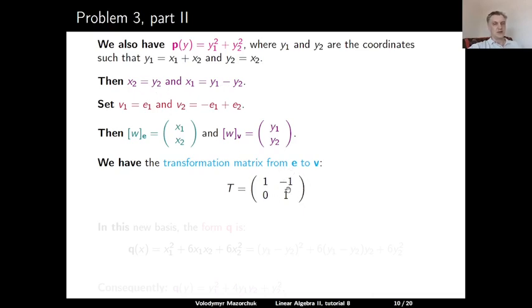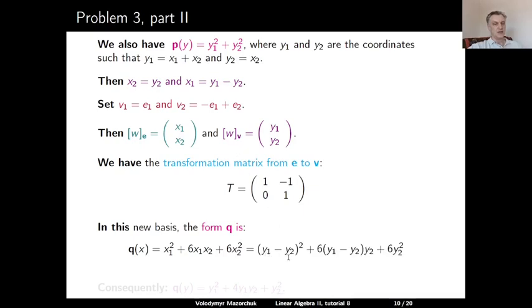So this is a correct transformation matrix from the standard basis to our new basis V, which corresponds to the set y of new coordinates. Now let us compute the expression for the quadratic form Q in these new coordinates. So Q of x is equal to x1 squared plus 6 x1 x2 plus 6 x2 squared. We know that x1 is y1 minus y2 and x2 is y2. So we can write the same thing as y1 minus y2 squared plus 6 times y1 minus y2 times y2